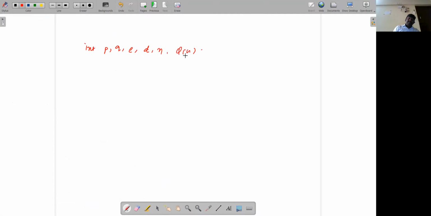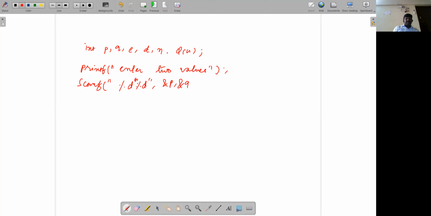of n value, right? Now you just printf, enter two values, right? And scanf, right? So percentage d one more time, comma, ampersand p, ampersand q, right? Then you need to write this statement which is n is equal to p multiplied by q, and then here